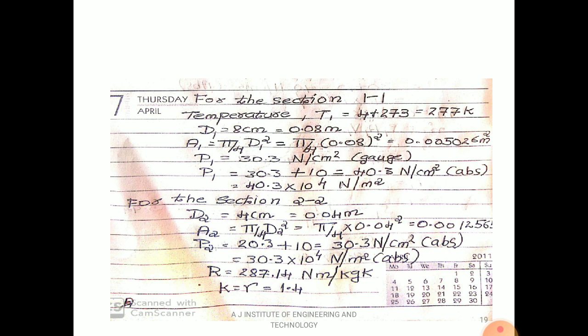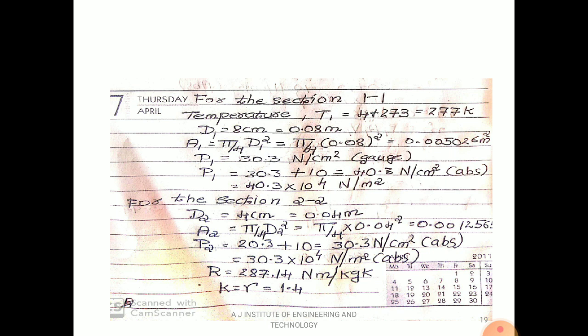So for the section 2-2, you can follow similar steps. D2 equal to 4 centimeter. Convert from centimeter to meter, equal to 0.04 meter. So A2 equal to pi by 4 D2 square. So that is the area of cross section at section 2-2. That is equal to pi by 4 into D2, that is given as 0.04. So just multiply 0.04 square equal to